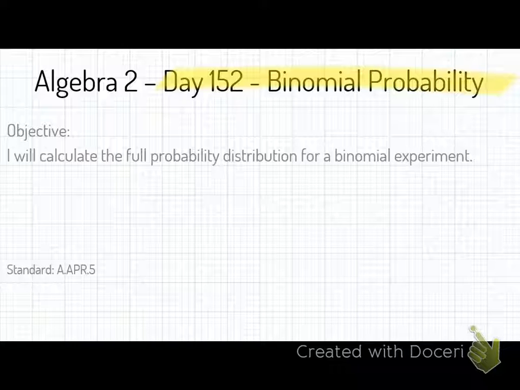How many sides are there to the coin? Two, right? There's only one heads and one tails. And binomial probability is, are you successful at what you wanted to do, or are you not successful at what you wanted to do? So let's say I wanted a heads. What's the probability of me being successful at getting a heads on this? 1 out of 2 or 50%. And I wasn't successful. Okay, does that make sense?